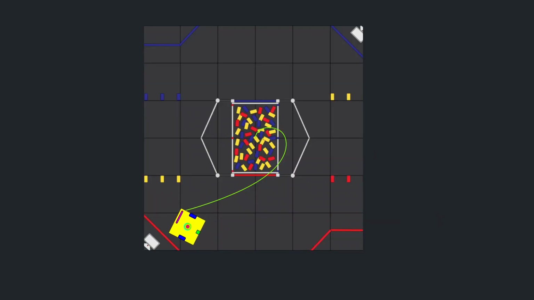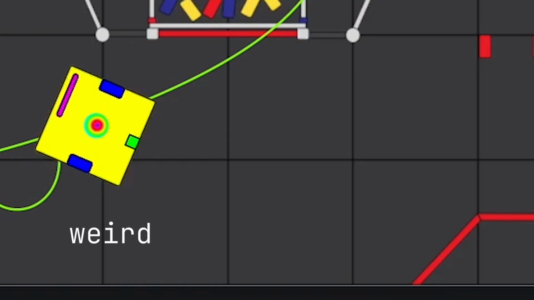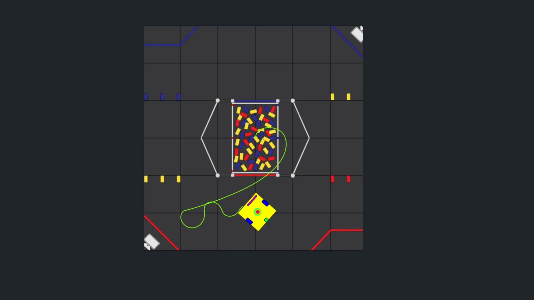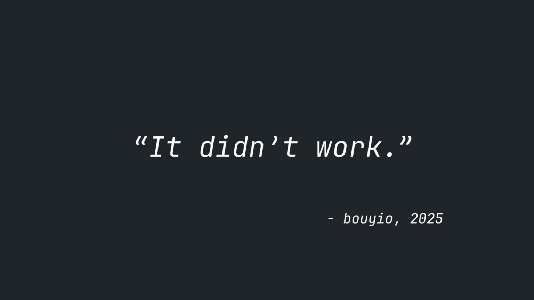See, after the robot misses a point, it decides to oscillate in this weird sine-like pattern. My instinct was to create a separate controller that detects when the robot is stuck and gives it a small nudge in order to get out of the path to the nearest black hole. It didn't work, so